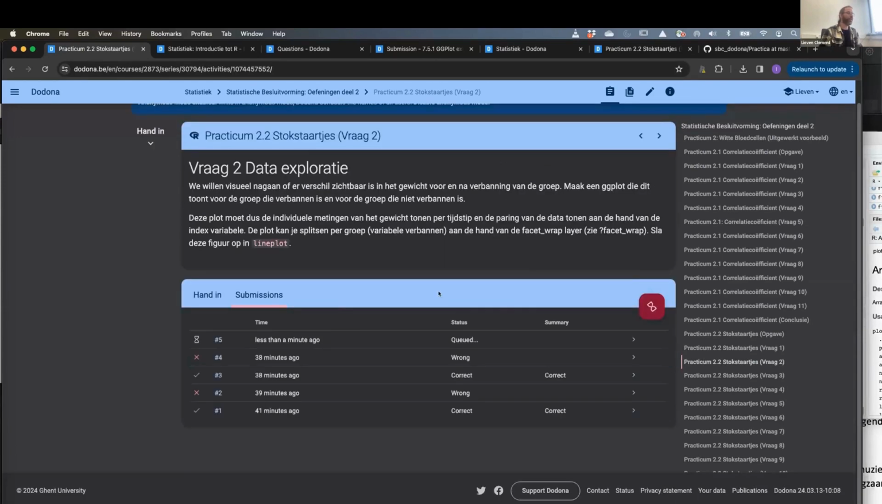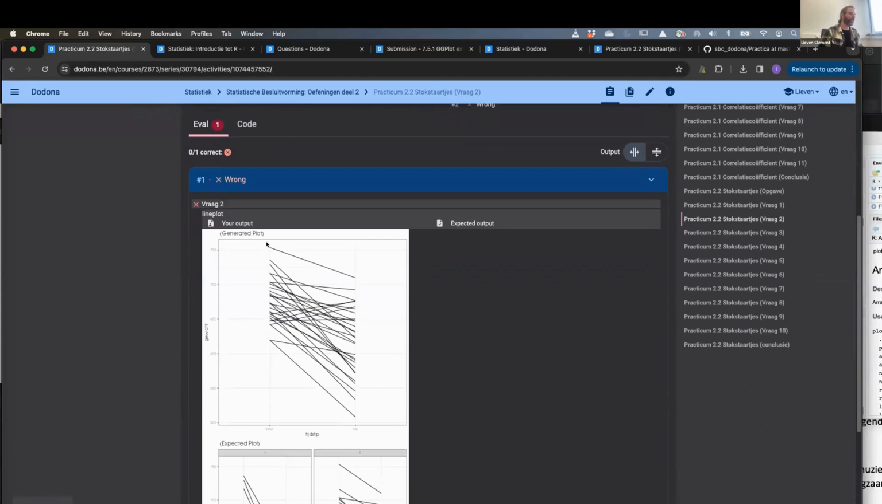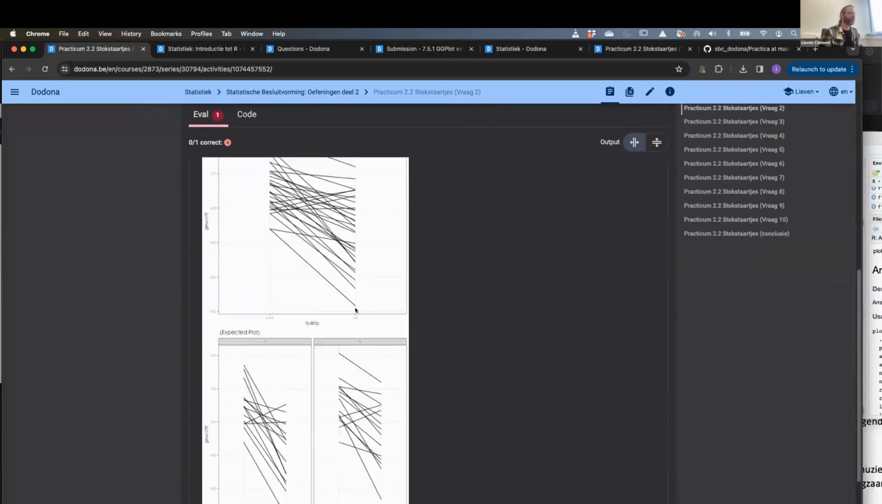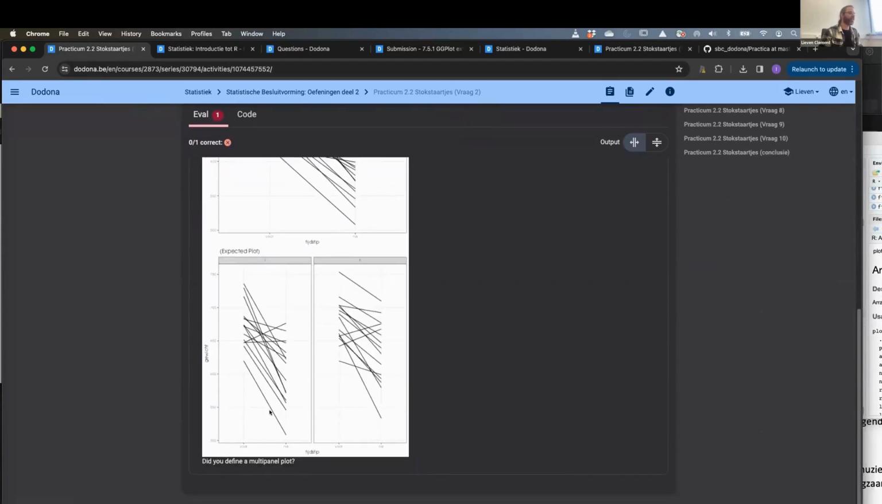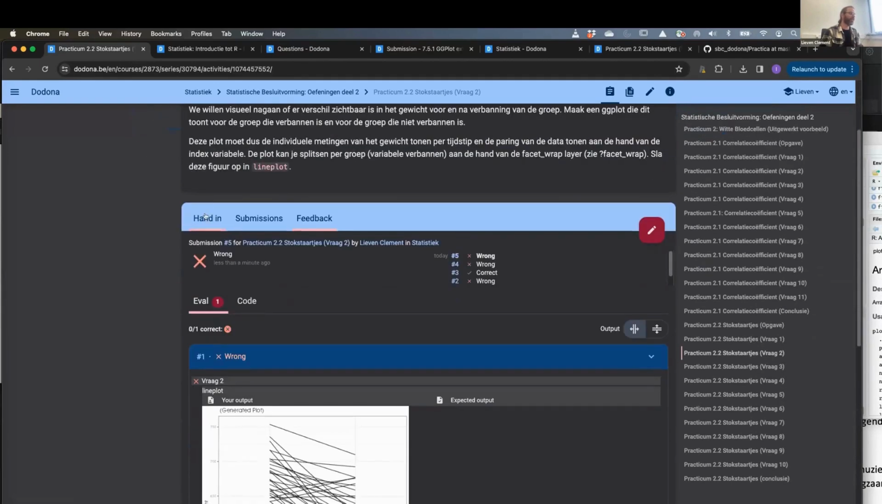And if you do that, we basically see that we now are making a plot. And you see that I have a wrong solution. I indeed have a weight before and after banishing, but I don't have it for the different groups. And you see that this was the expected output, and then we also basically indicate that they did not have defined a multi-panel plot, and then they can go back to the code, and then they can basically see, okay,